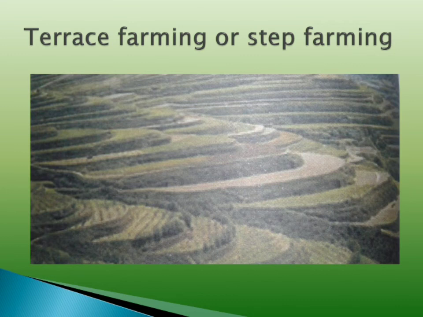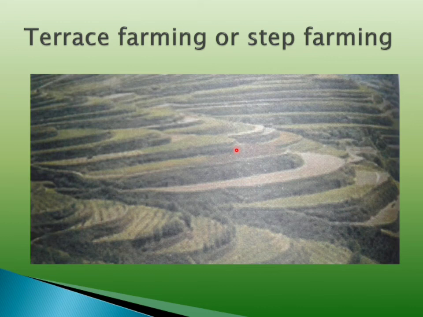Now, first one, terrace farming. Actually, crops need protection from birds, insects, rats, okay, before and after harvesting. So they are sprayed with pesticides to protect them from insects and other harmful animals. So farmers also use scarecrows to scare birds away from the field where the crops are grown. Here, terrace farming, we will call step farming also. Any one name, terrace farming or step farming.